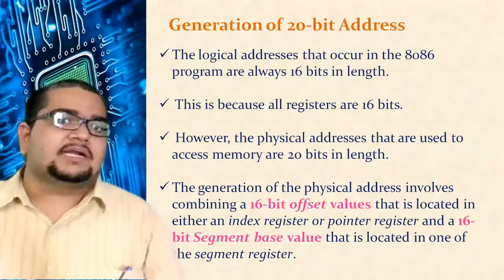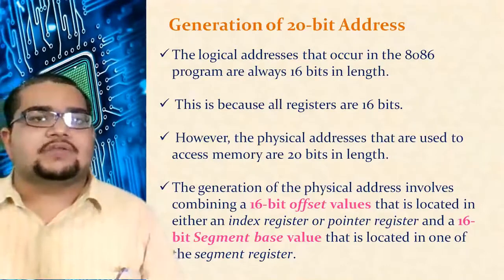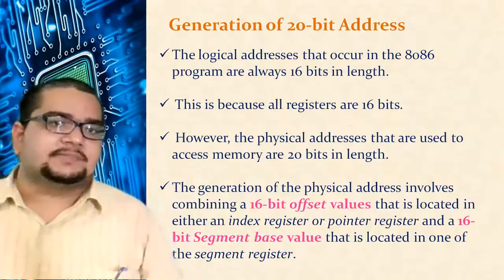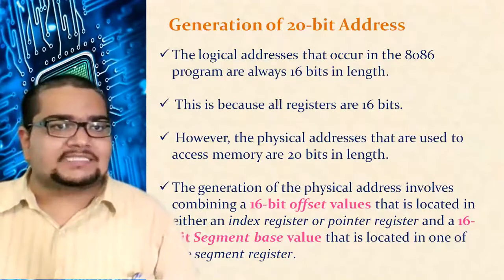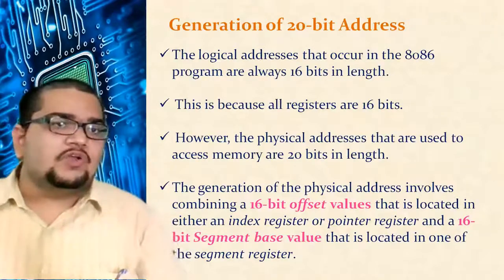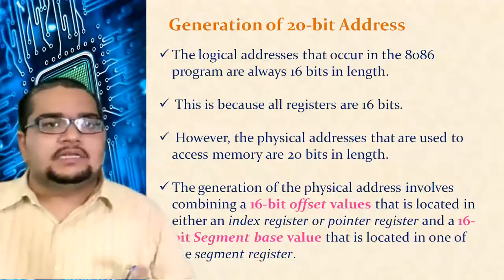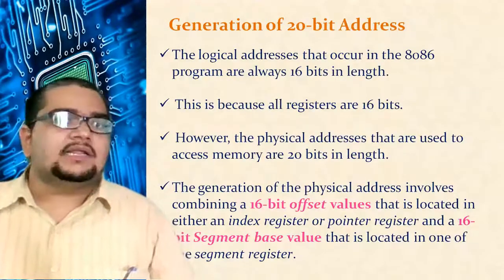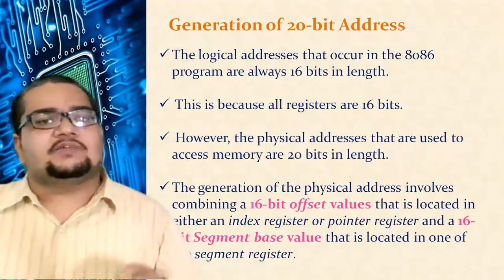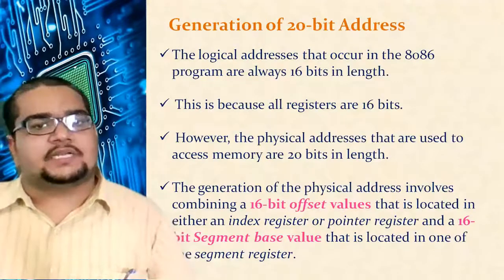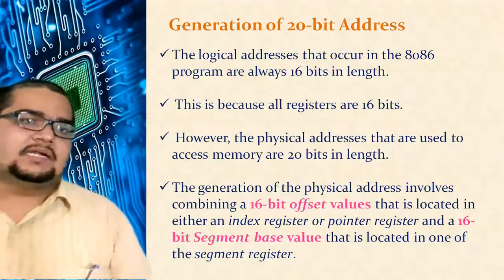We shall see a complete understanding of how it is generated. I have shown you this slide earlier also, how exactly the 20-bit address is generated in the 8086 system. It takes the segment address and multiplies it by 10 hexadecimal. That means it shifts the segment address by 4 bits to the left-hand side, and then a hexadecimal 0 is introduced on the right-hand side. After that, we just add the offset address to make it a complete physical address.